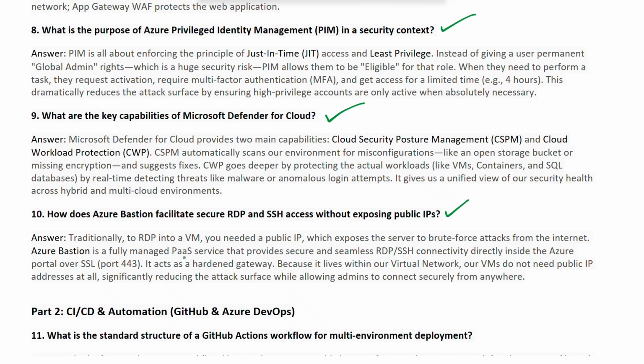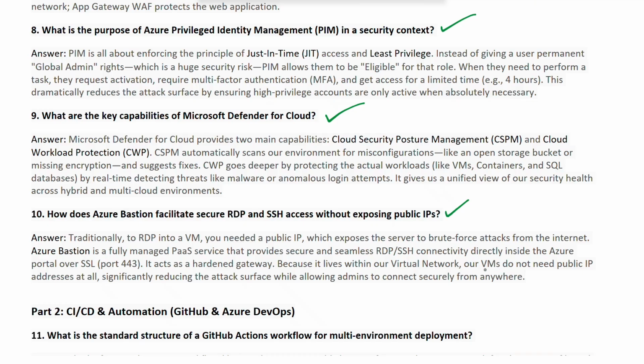And Azure Bastion is a fully managed platform as a service that provides secure as well as seamless RDP and SSH connectivity directly inside the Azure portal over the SSL port, which is default 443. So it acts as a hardened gateway because it lies within the virtual network.